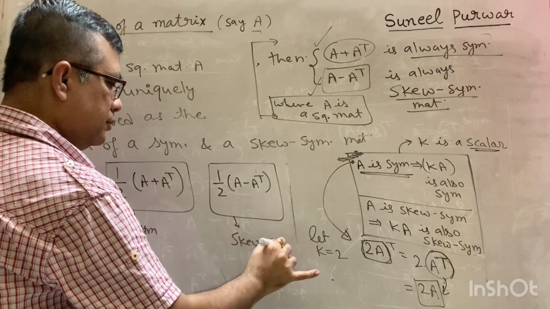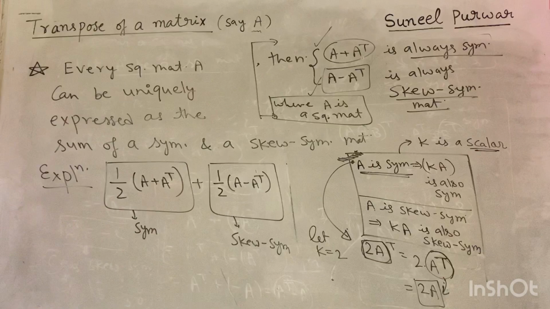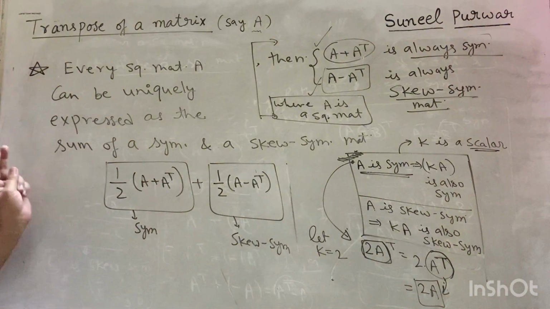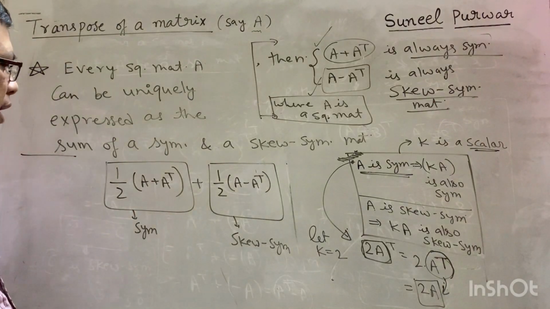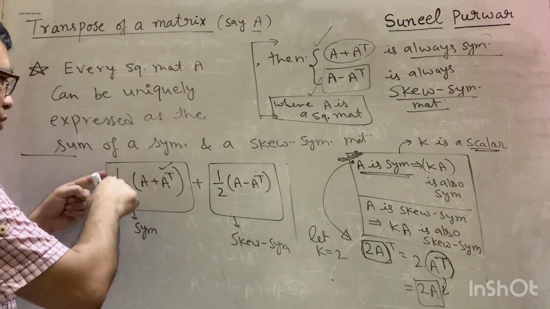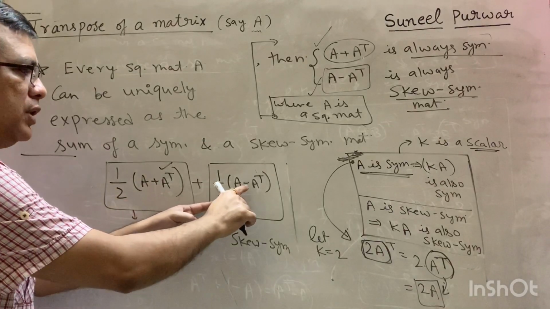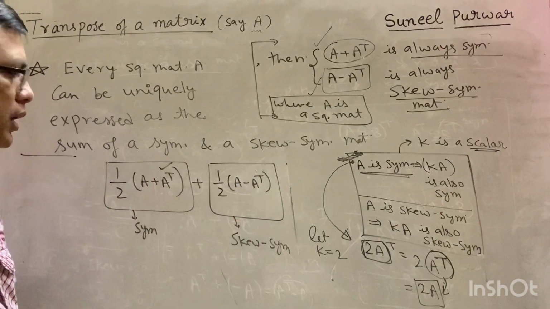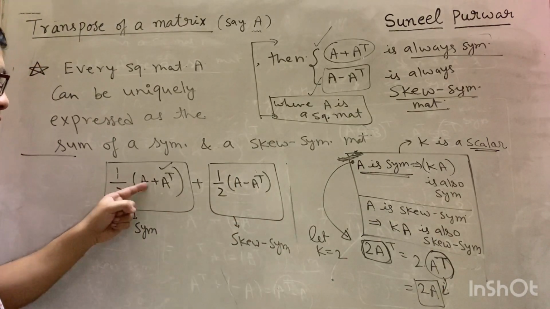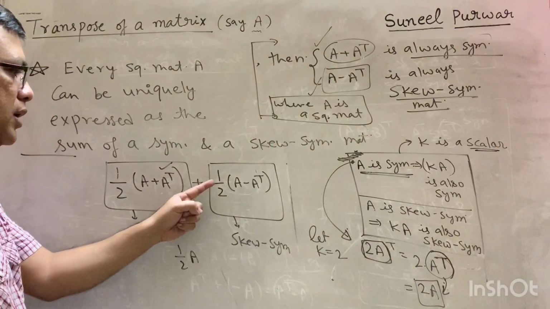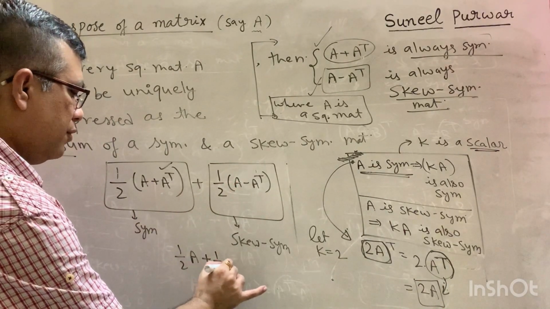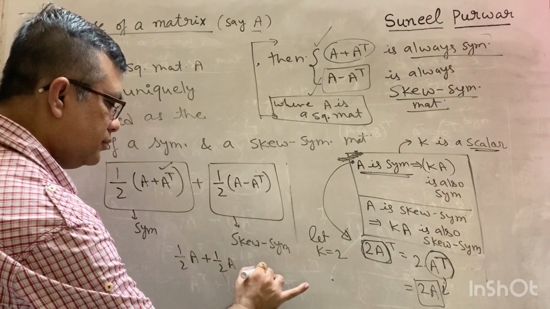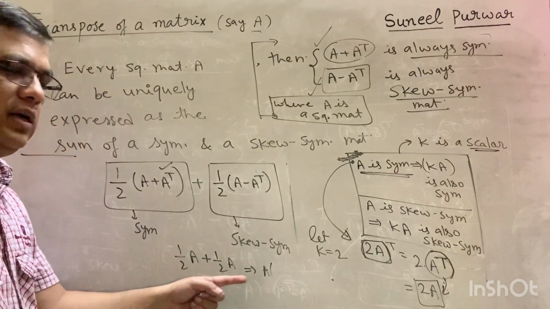सो हाफ ऑफ ए माइनस ए ट्रांसपोज, वो क्या होने वाला, स्क्यू सिमेट्रिक, दैट इज स्क्यू सिमेट्रिक. अभी एक काम करो, इन दोनों को ऐड करो. तो अगर तुमने इन दोनों को ऐड करा, ठीक है, तो यहां पर क्या मौजूद है, हाफ ऑफ ए ट्रांसपोज, और यहां पर मौजूद है माइनस साइन के साथ, माइनस हाफ ऑफ ए ट्रांसपोज. They both cancel and what is left, half of A plus again half of A. Half of A will become what finally, A is common, what we will have, half plus half, that is what, 1.